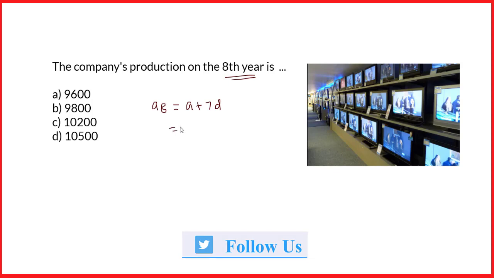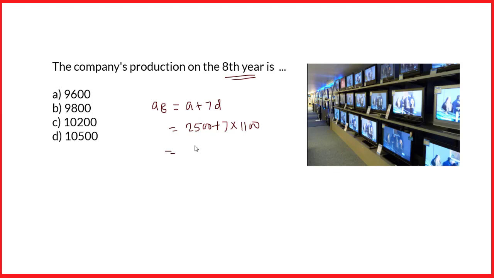Now these are very simple. The first one was a little bit lengthier, but the second one, third one, and all the rest are very easy because we know the first term, and we know the common difference that we have calculated in the first question. So here, A we have calculated in the first question as 2500. So 2500 plus 7 into the common difference that we have calculated as 1100.